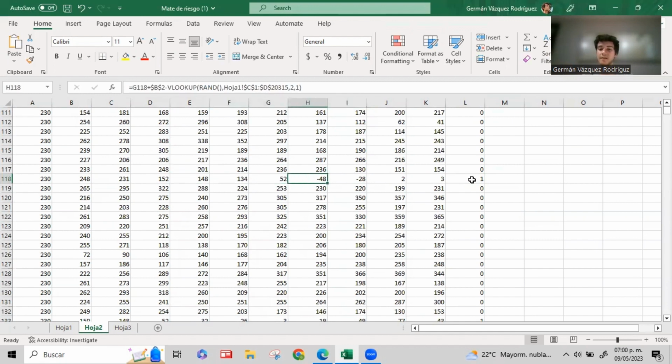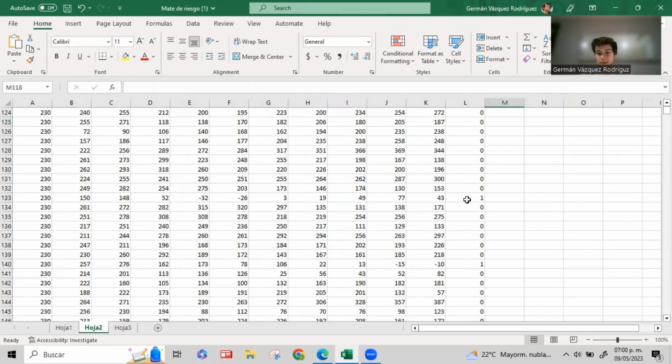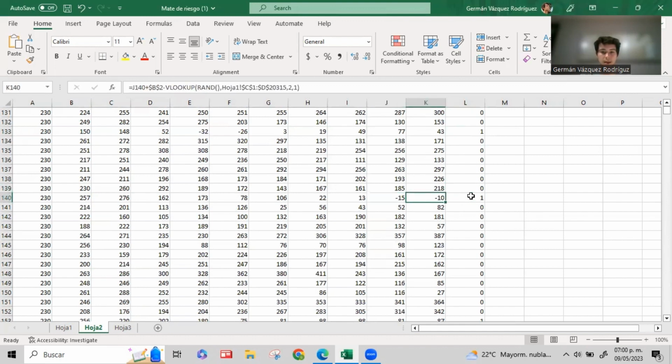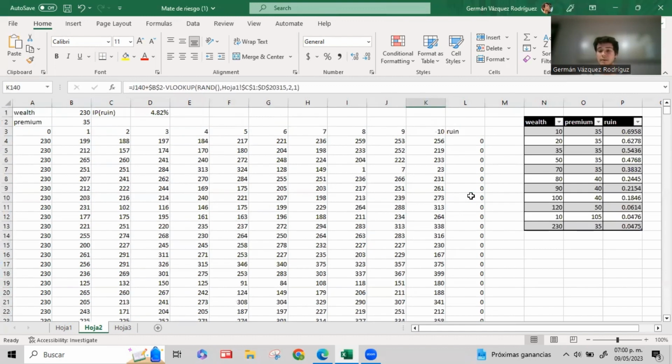It is normally emphasized by this minus. The enterprise, the client bet, and here it went to ruin, right? Because we don't have the money here. Or in another example, here in the E and F, or here until the end, it went to ruin, the enterprise, the insurance company. So our purpose is to prevent this catastrophe for the insurance company, right?